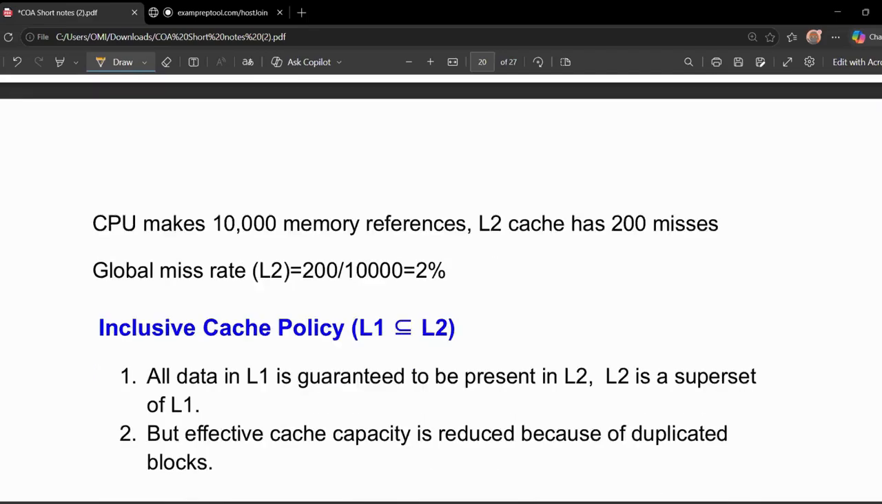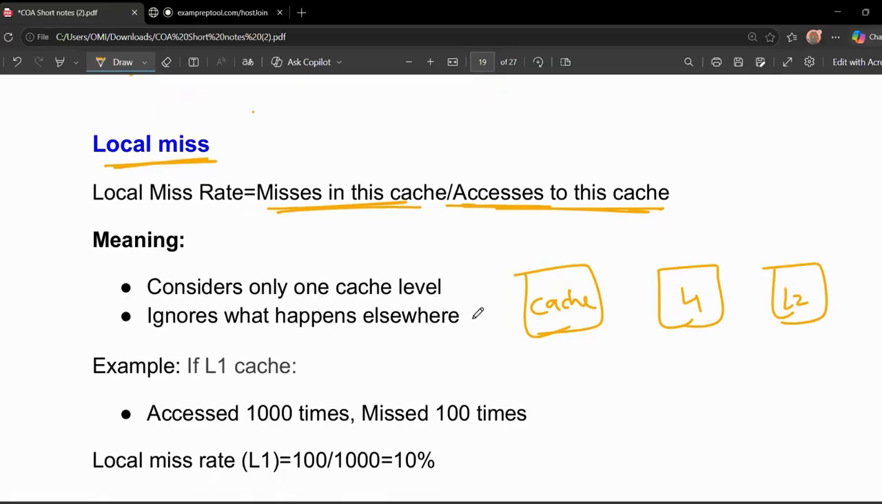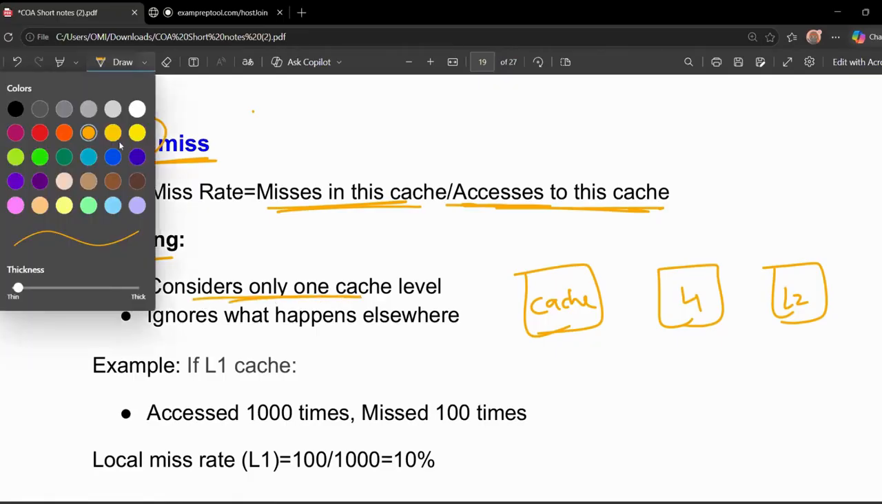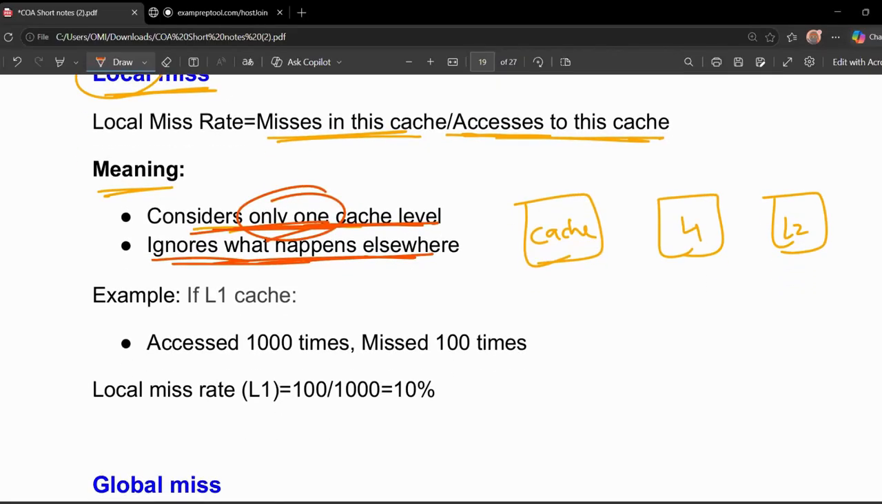Assume that this is the L1 cache and this is the L2. What is the meaning of local? It considers only one cache level and ignores what happens elsewhere. You only consider one level. So, for example, if it is the L1 cache and it is accessed 1000 times,